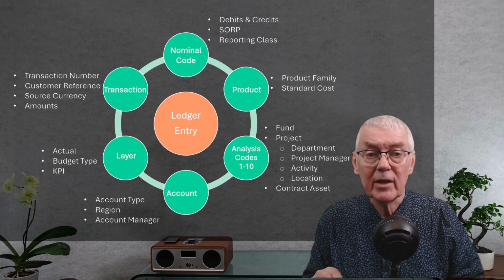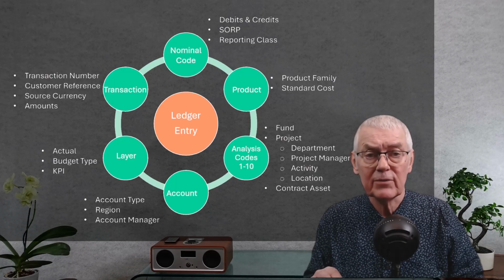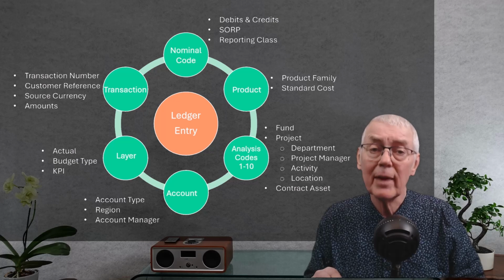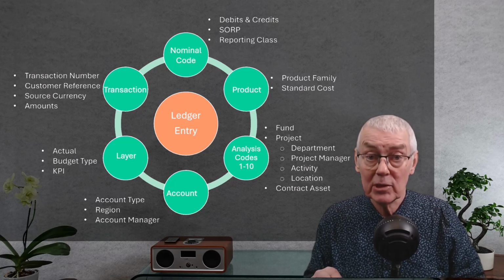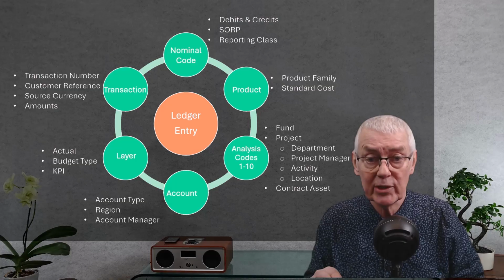There will be details of the account, the counterparty to the transaction. As standard, Eden records the type of account, personal, local authority, trust fund, etc., as well as information as to where they're based and who manages that account. But it's possible to bring additional information from the account record as well, if you wish.